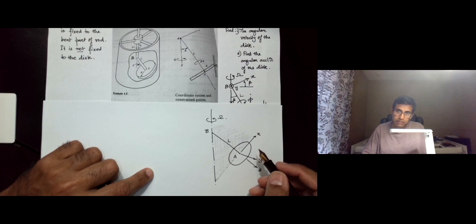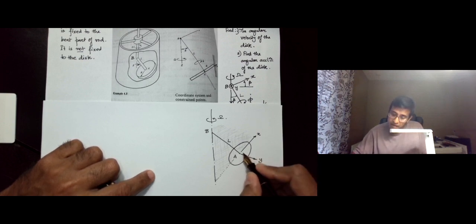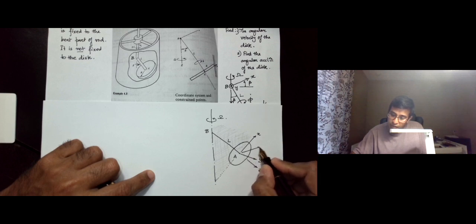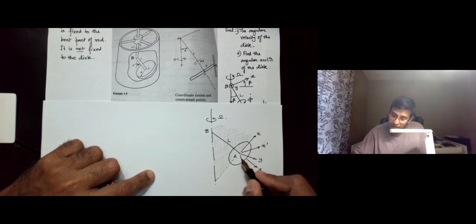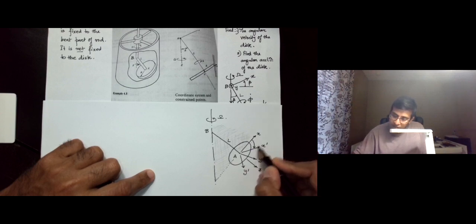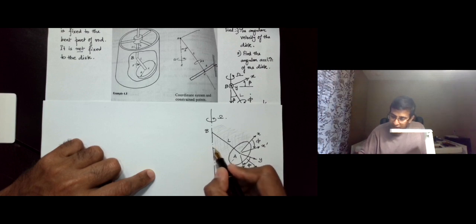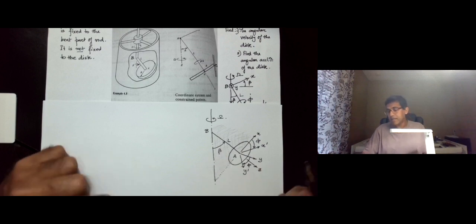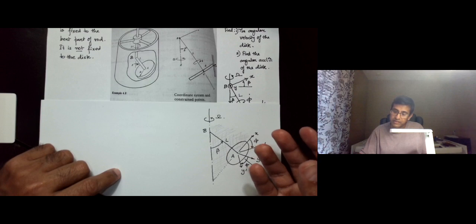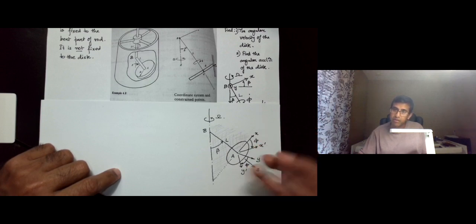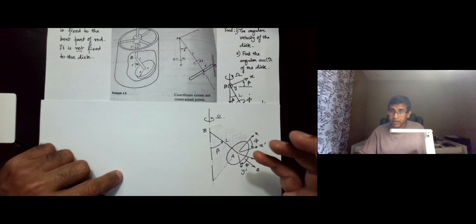So if our small xyz, or the rotating triad, is now fixed to the disk, then a general configuration of the triad is going to be like this, where x prime is here, y prime is here, this angle is phi, and so is this angle. This angle is beta. Now this is kind of an approximation, because if you imagine when the disk rotates and rolls without slipping on the inner surface of the cylinder,